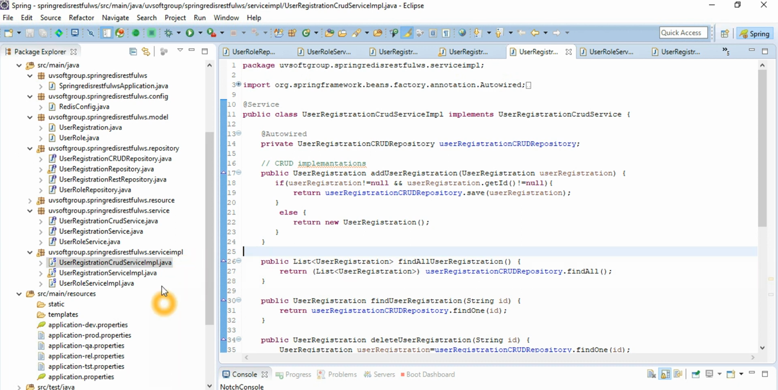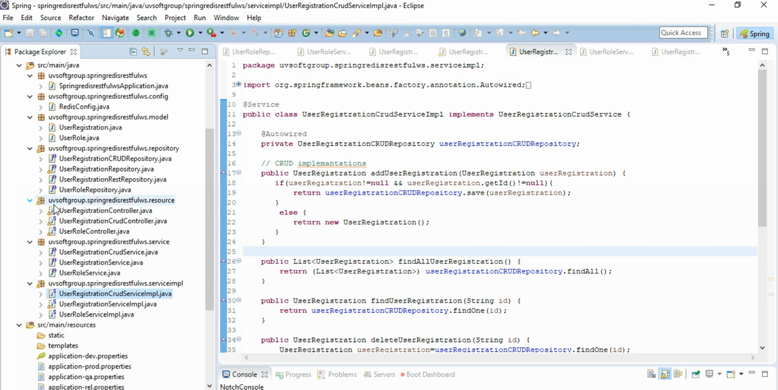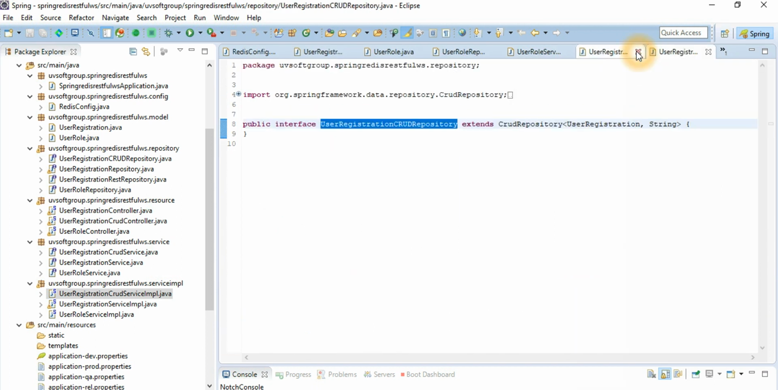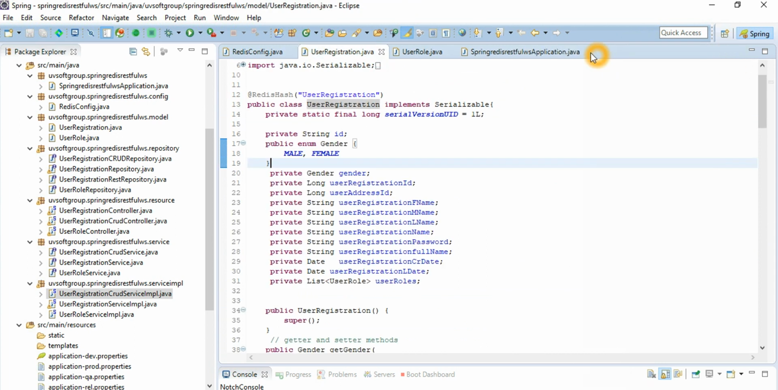So model done, repository implementation done by extending the repositories, service interface definition done, and implement the services based on your approach, what you need and how you can do it. And finally, we need our controller. This is the resource; you can also name the package as controller. Controller means your REST controller definitions. So after the service implementation, you can have a REST controller, and this is, as I said, the standard structure to handle it. So let's